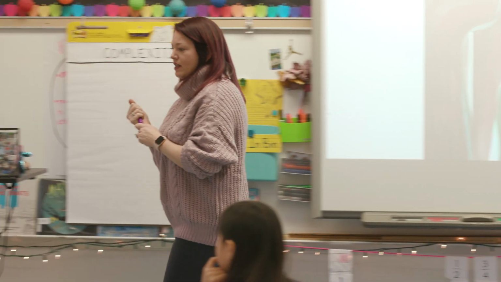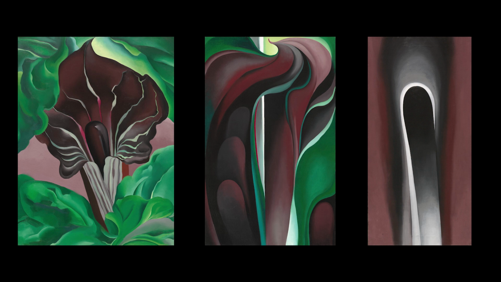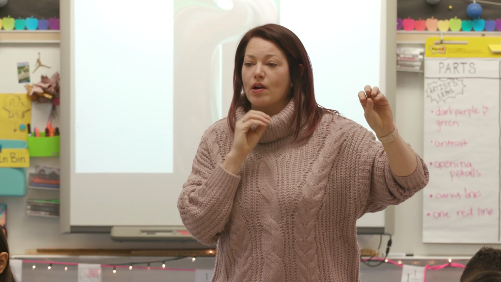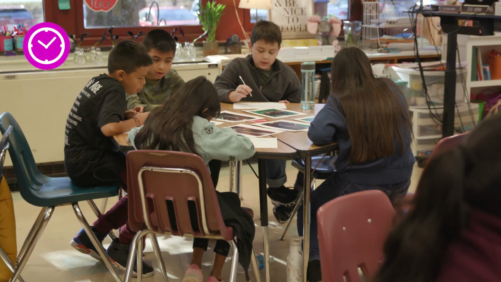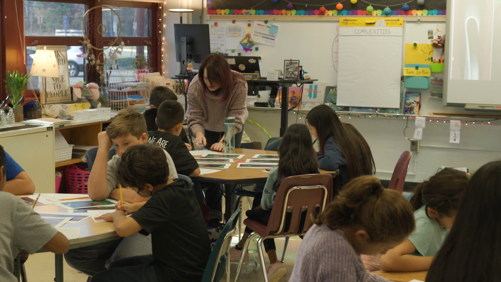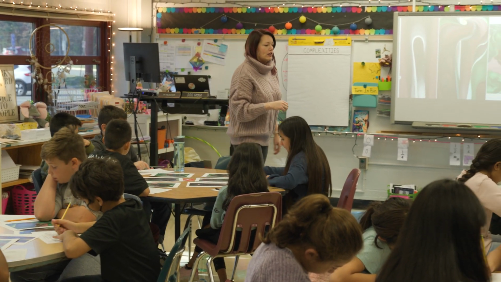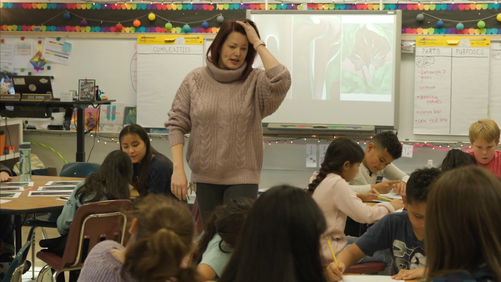We're going to move on to the next 2 images, and we're going to do the same exact thing. Now you should have 3 images flipped over. I want you to look at all 3 and take a moment on your own to start labeling more parts that you find. Okay, go ahead and start discussing the different parts that you noticed as an artist.